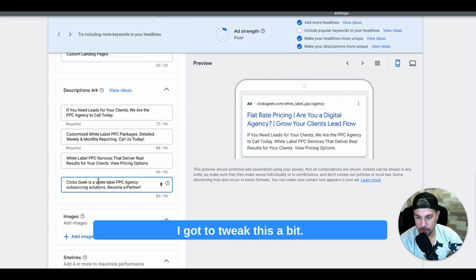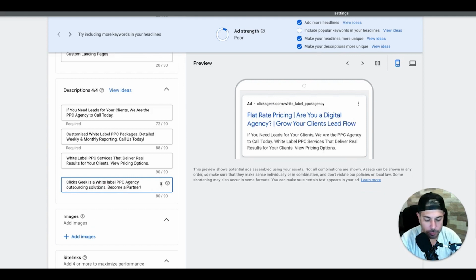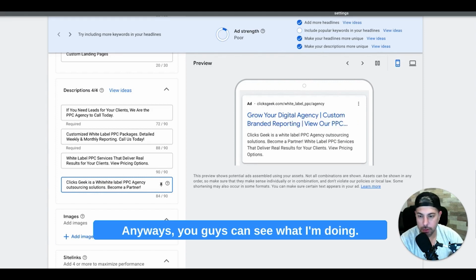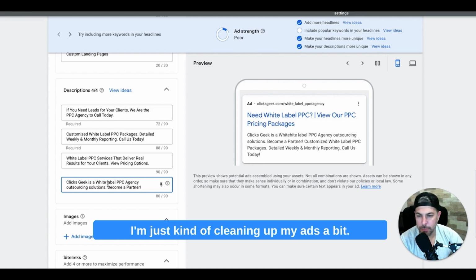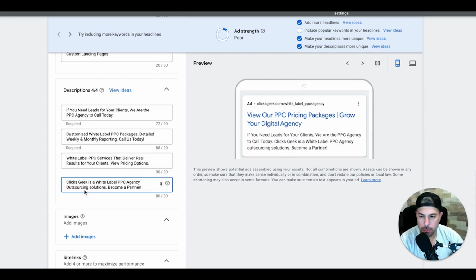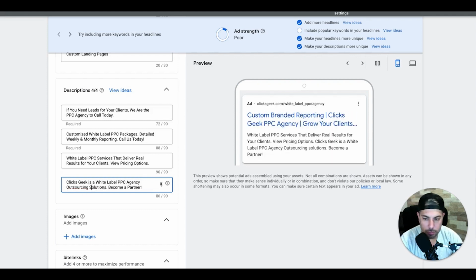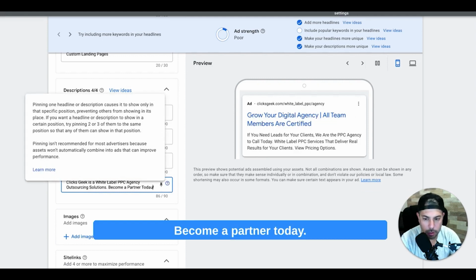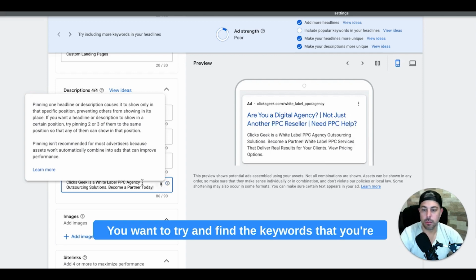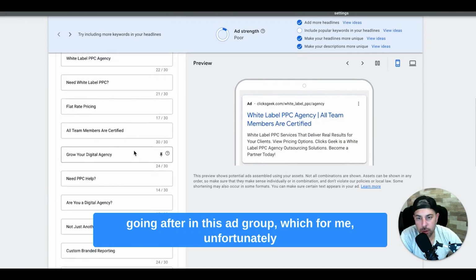Alright, let's see here. I gotta tweak this a bit. Anyways, you guys can see what I'm doing. I'm just cleaning up my ads a bit. Become a partner today. You want to try and find the keywords that you're going after in this ad group,